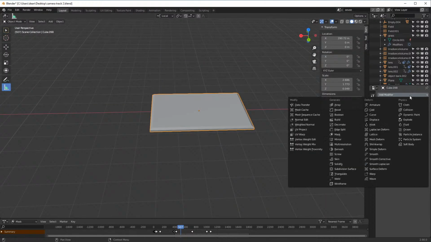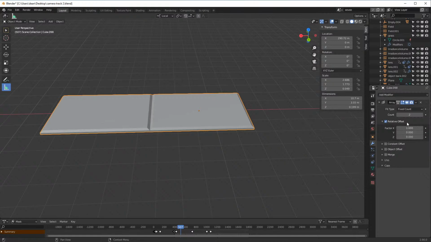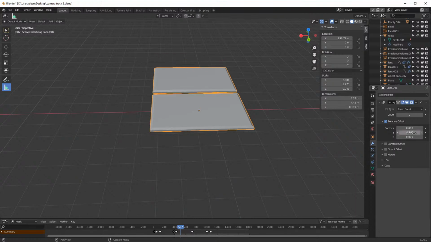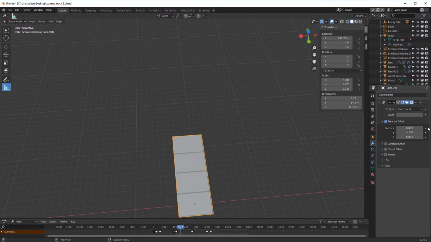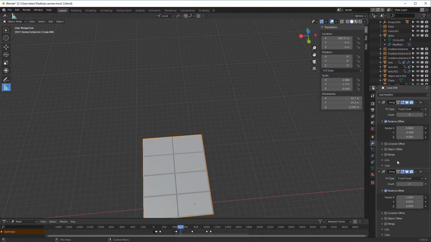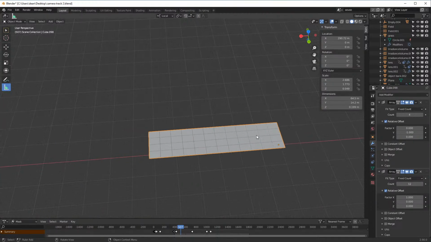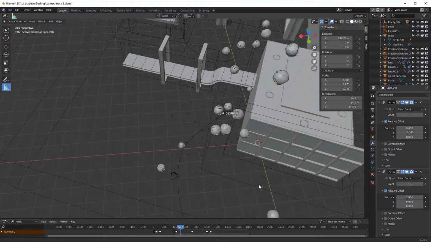And then what I did is I added the array modifier, but I did it on the y-axis, -1, and I believe I did 4, and then you can add another array modifier, and you can add as many as you want. And I just did that for the bridge, and I also used,